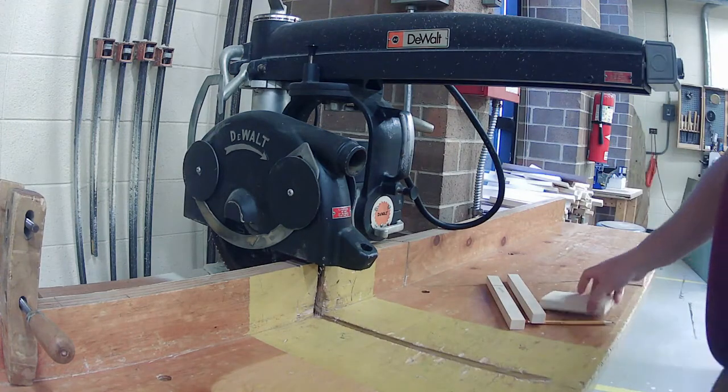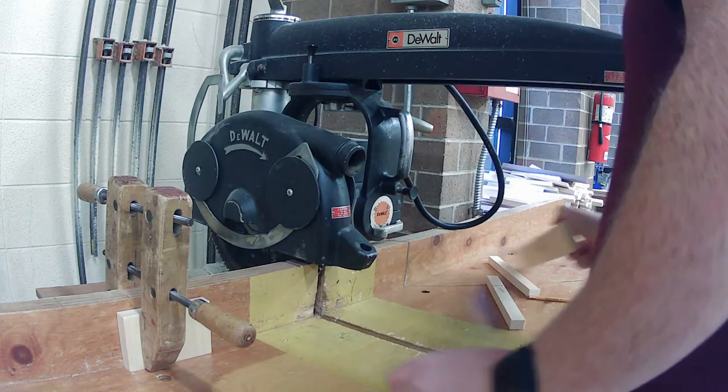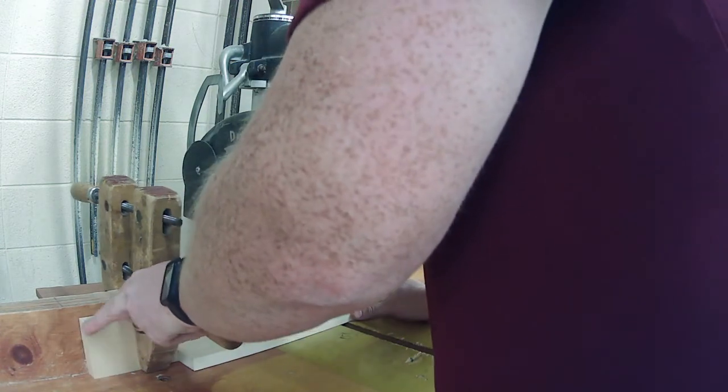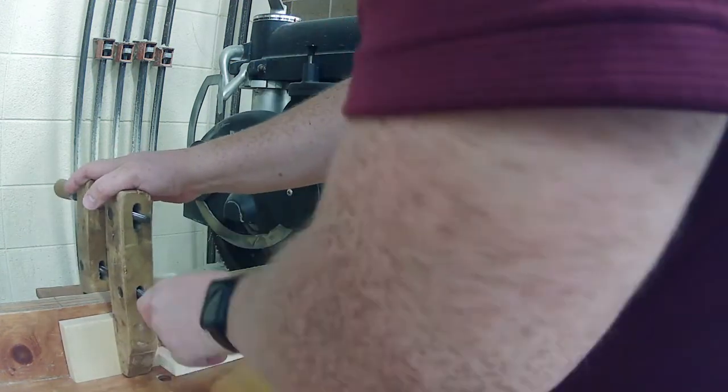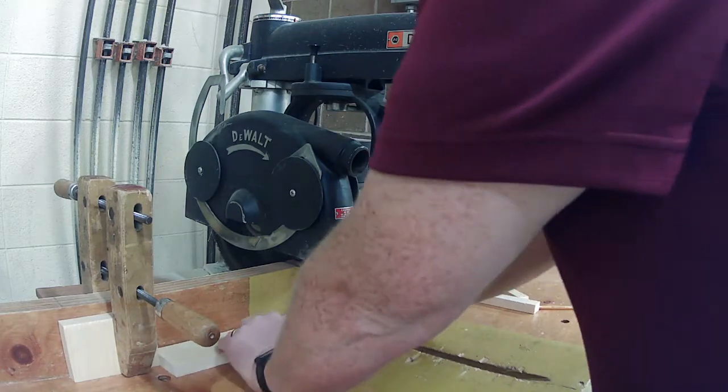Okay. The other thing I can do is use the clamp here to clamp in a piece of wood called a stop block. Just use a scrap piece or whatever and clamp it in a distance I want. Clamp this down. Now every piece of wood I slide up against here is going to cut to the same size. Keep getting pieces,